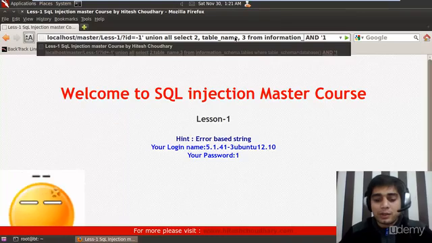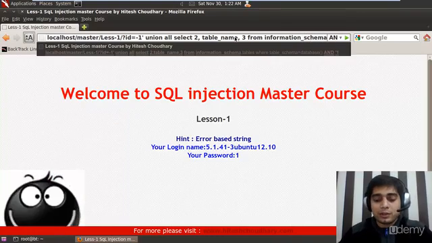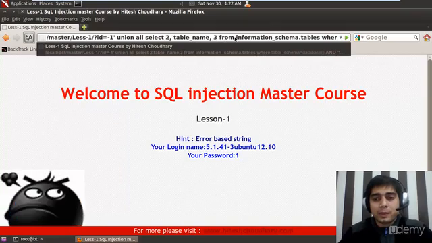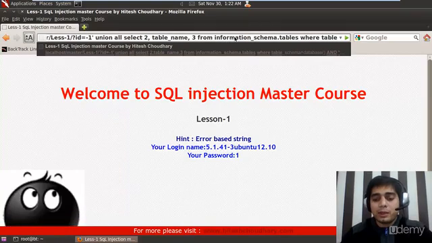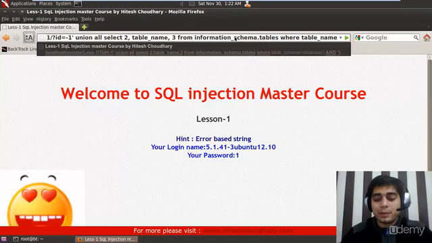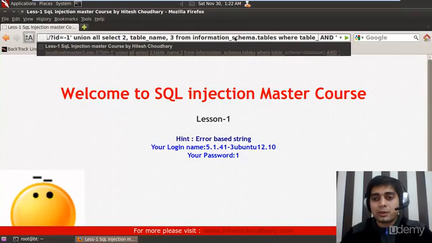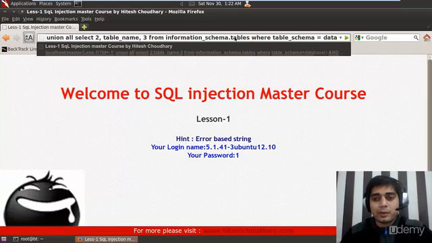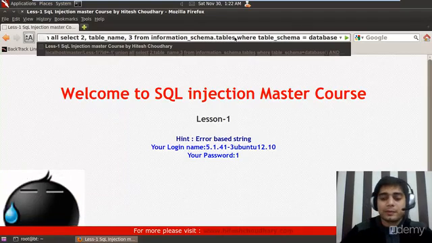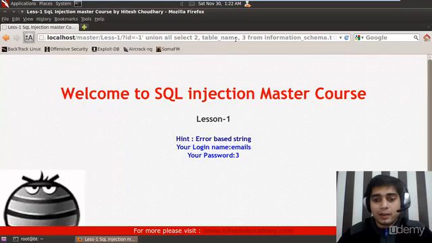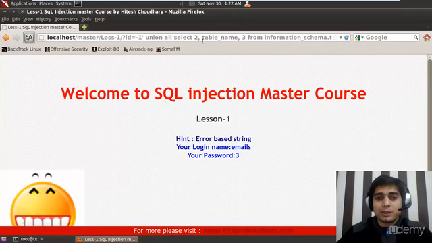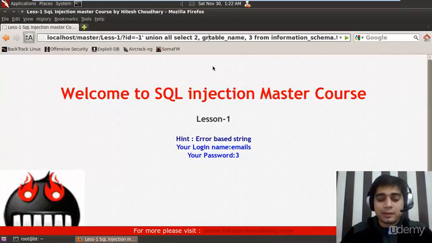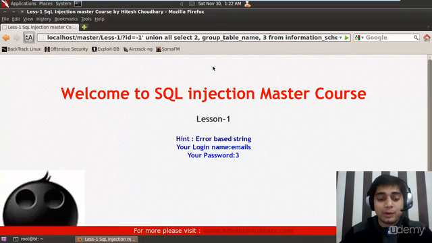information_schema.tables where table_schema equals database. Okay, so email is out there. You can also put a group_concat here, and as I discussed,